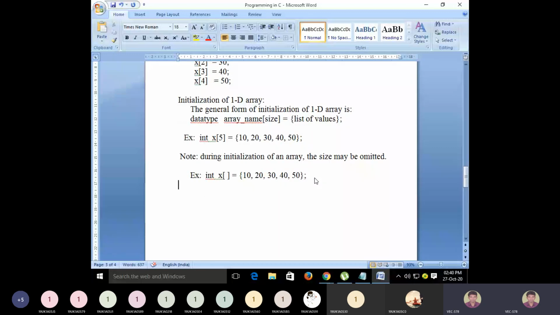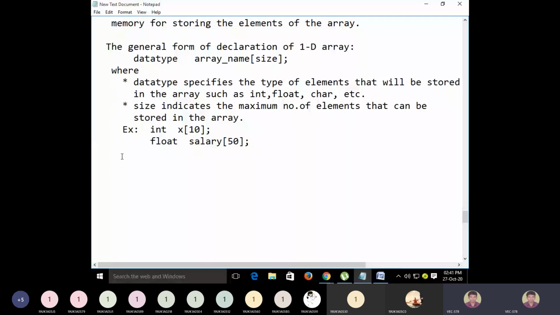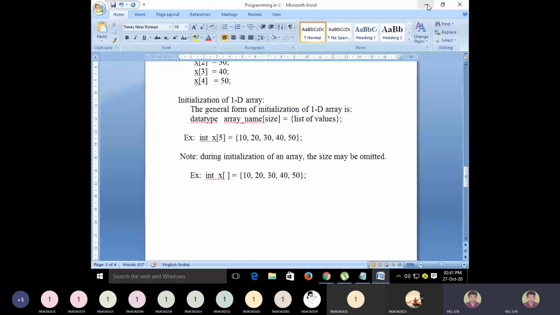Okay, so let me go back. Shall we go to Code::Blocks so that we can see the execution also, right?